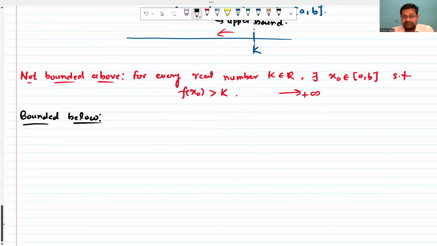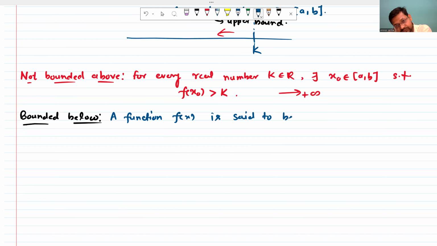Okay. Similarly, bound from below side. Okay. So how we will define this? A function fx is said to be bounded below